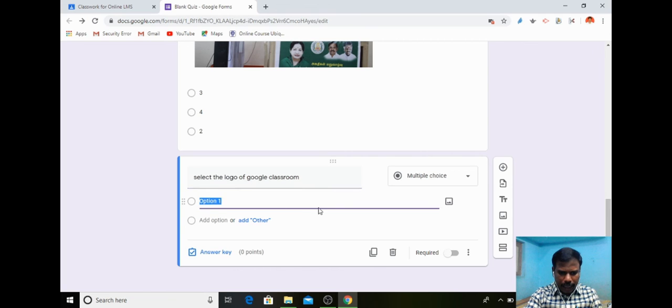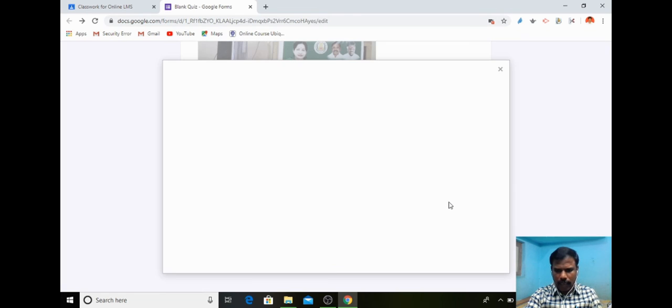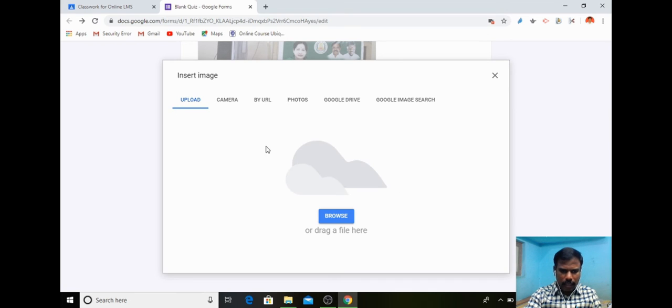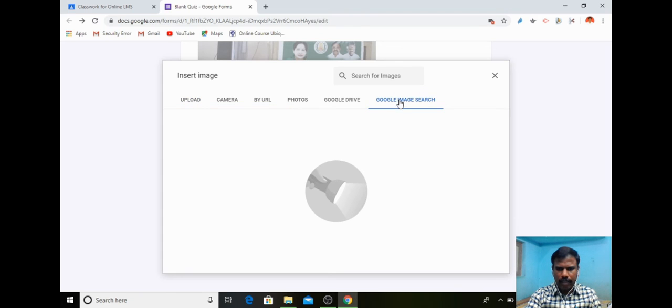So the option can be as a photo, an image. Here you can see after selecting the first option, an image icon will appear. So select this image icon and select a file. For example, you can use Google search.